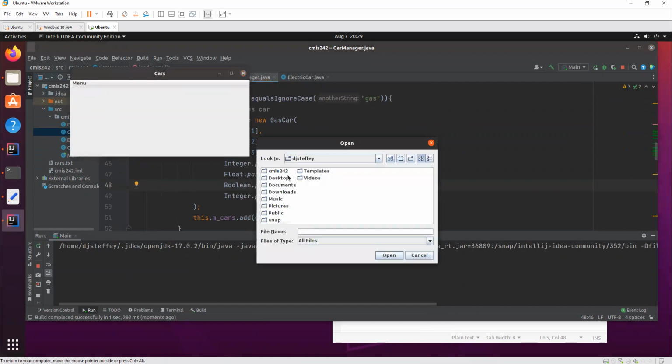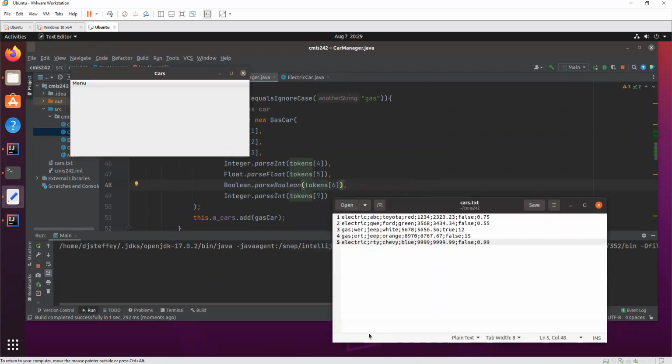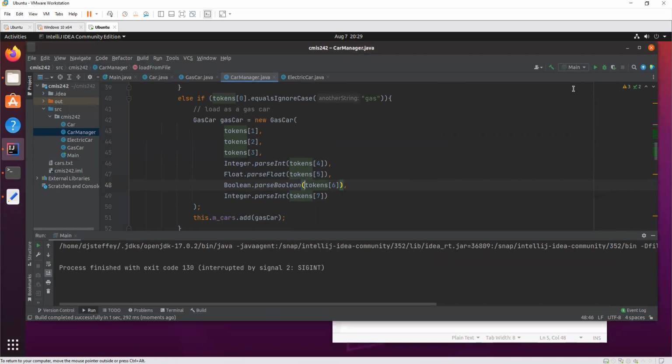File load. There we go. Now let's find our Jeeps. So I had a bug in the program and I corrected the bug. There you go. So this Jeep is marked as sold. True, false. I can't sell it again. That's good. So what you have to do, and I'm going to leave it up to you, whenever you sell a car, or in your assignment, whenever you rent a media, you need to make sure the file is updated.